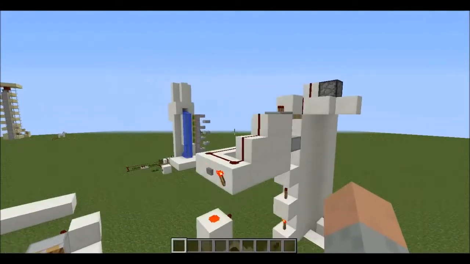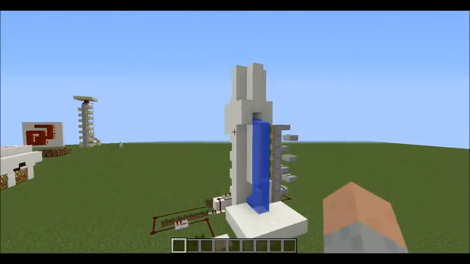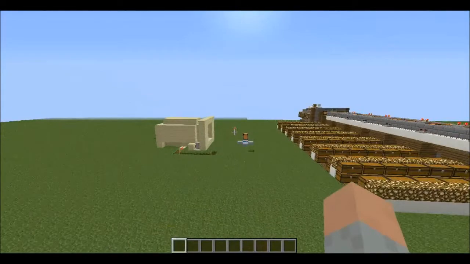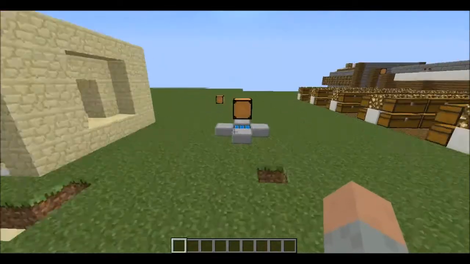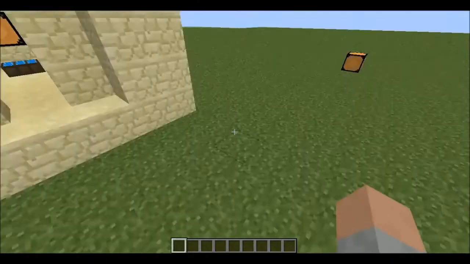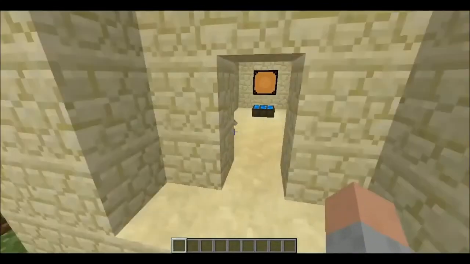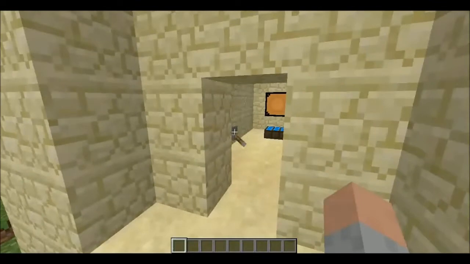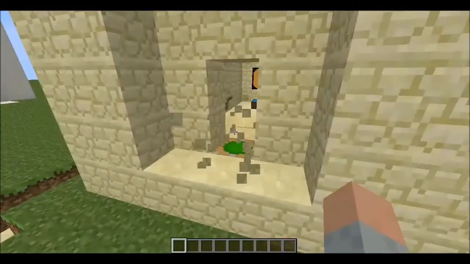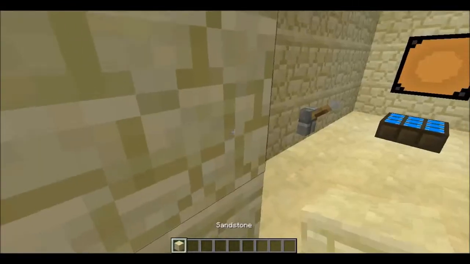Here I was trying to mess around with lava and water fountains myself, trying to make a design. Failed miserably, couldn't get it to work. These right here, again, I was messing around with the redstone lamp on daylight sensors. I put it in this room along with this door right here, as you can see. I mean, that just looks so cool and seamless. I was just messing around with that there,